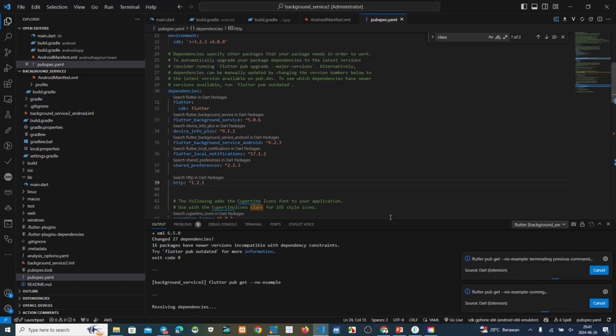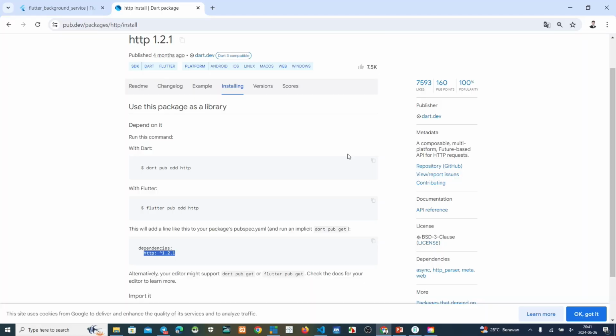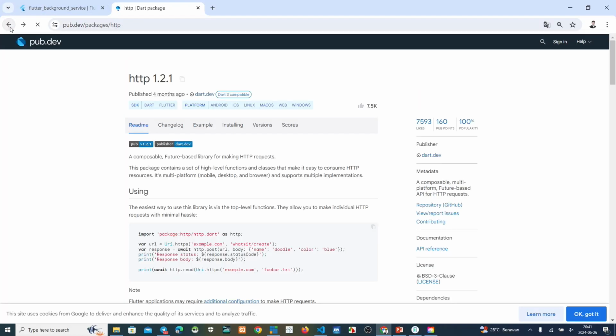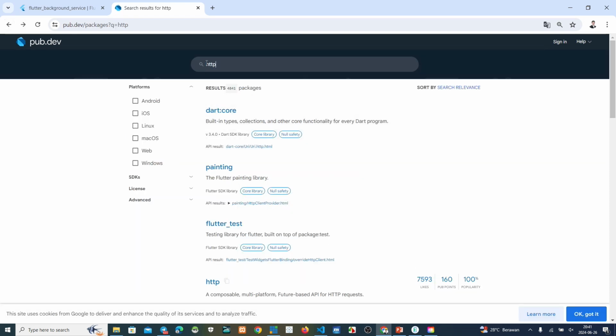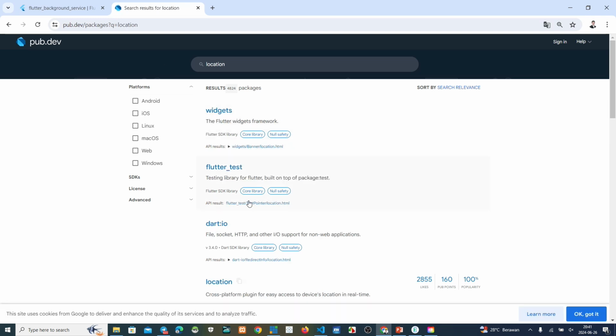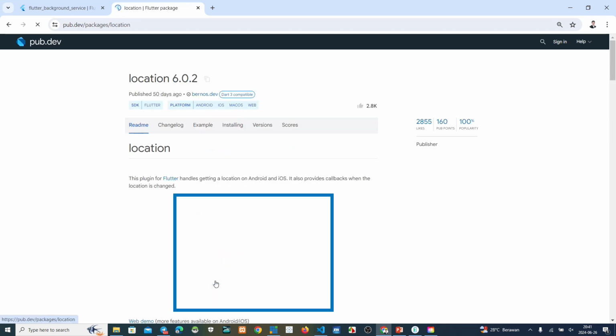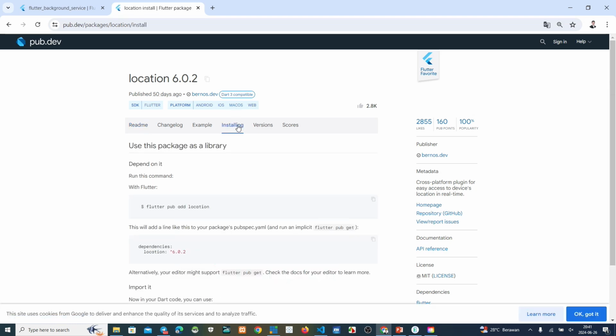Now we must add the location dependency. This one, location. Click installing.